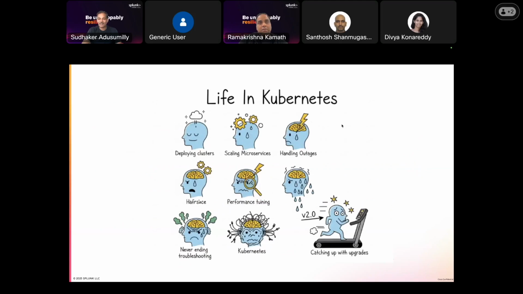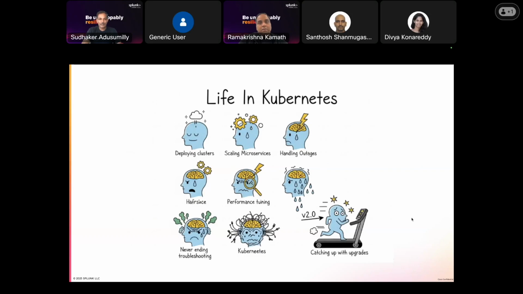I really like this meme when thinking about Kubernetes. When you first start working with Kubernetes, it feels amazing. You can deploy applications in seconds, scale with a command, and watch everything auto heal. But then comes real life, the 2 a.m. struggle, the intermittent latency spikes, the pods that keep restarting for no obvious reason. Suddenly you're juggling YAML files, load balancers, node groups, 5 different monitoring dashboards, just to answer that one question: